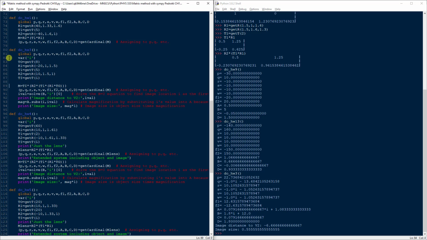So if we just calculate the matrix of the lens, let's call that matrix of lens. So that should be the R2 times T1 times R1. Okay, so let's see if that's correct. I'm looking at that. So R1 is at -20, and T1 is a 5, and R2 is the positive 10 of looking over here. So that looks right. And then I added some further distances just to do object-image relationship. So that's fine. But see here, I have the system matrix that I need to use to find the